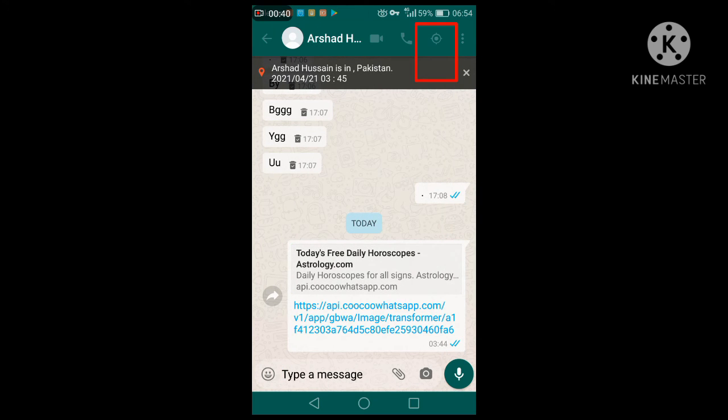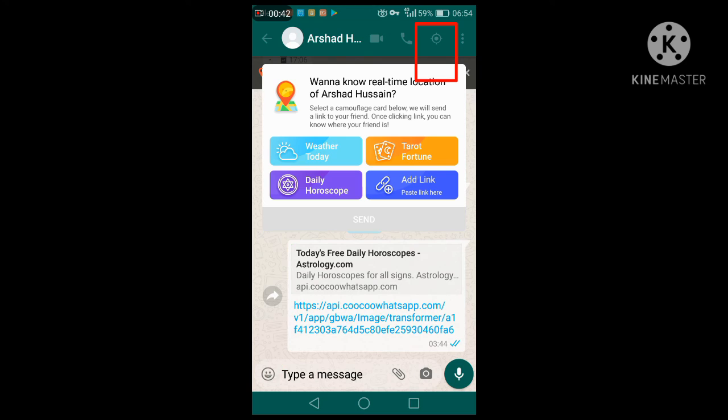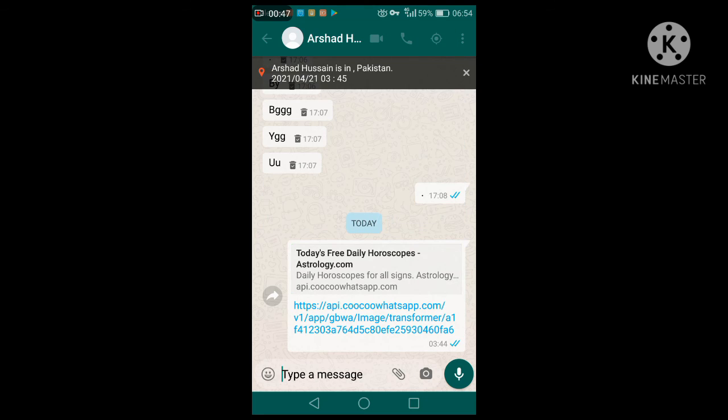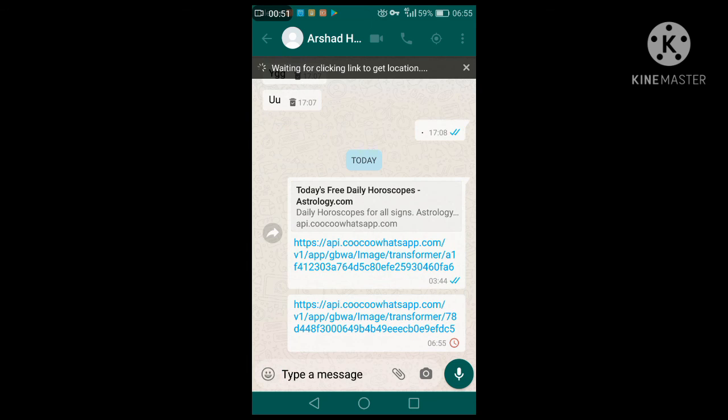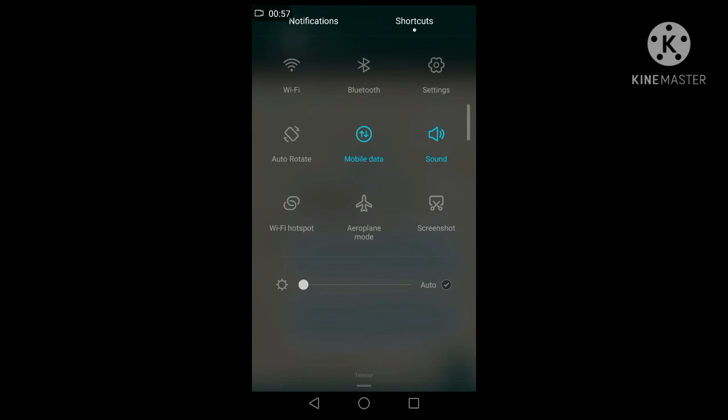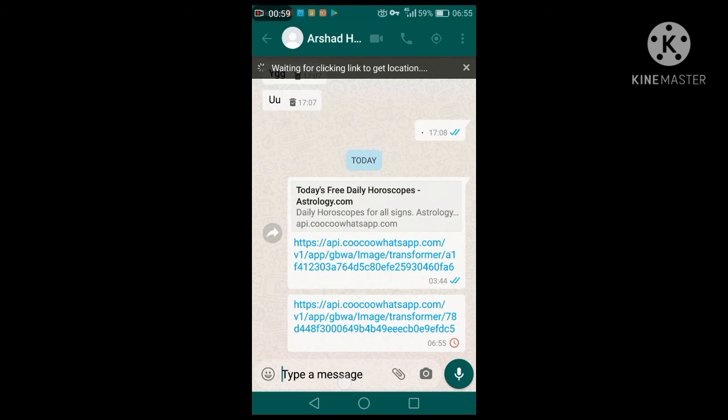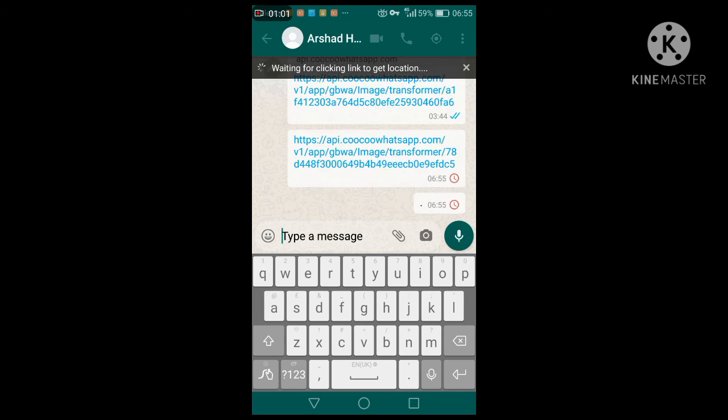When you click on this button, you see all this information, like weather. If you click on weather, send this weather.com link to that person and tell them to see the weather. When he clicks on this link, he enters a website that is about weather.